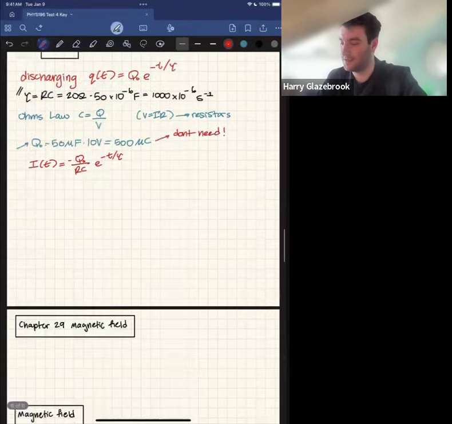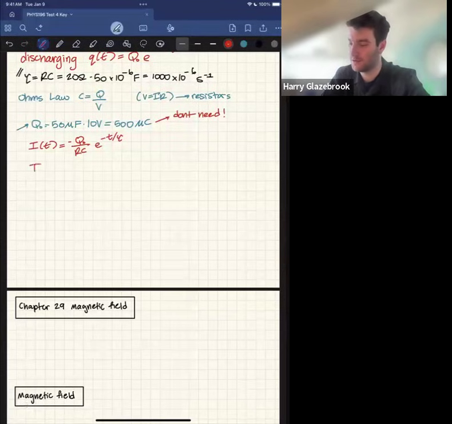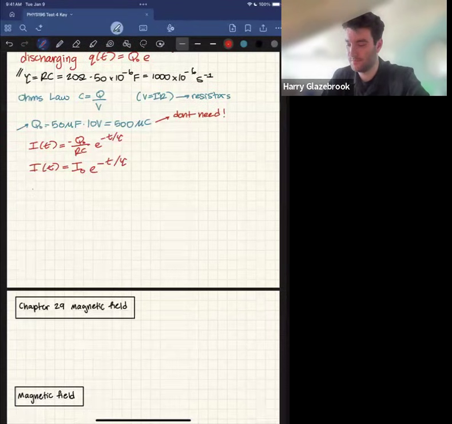Okay, so the specific time they want us to find is, at what time has the current in the 8 ohm resistor decayed to half its original value? So it's kind of hilarious. We actually don't need to find this value, because what we can say is the current at some time is just the initial current times e to the negative t over tau. And then all we want to say is at some time, we have 0.5 equals e to the negative t